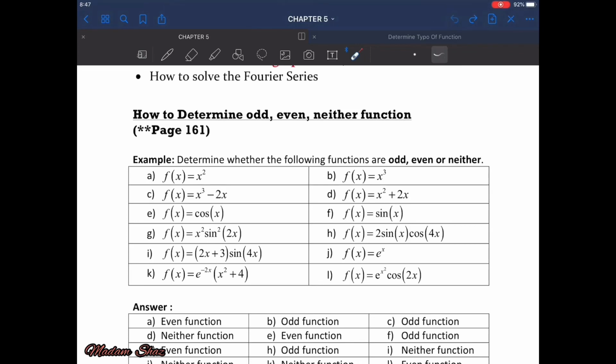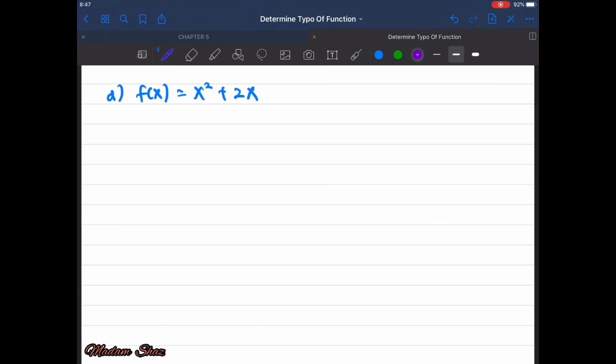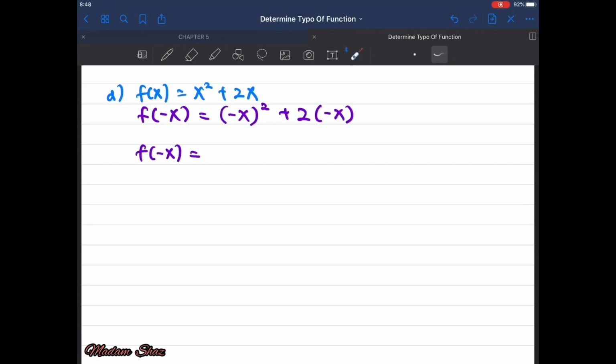For next example, example D, f(x) is equal to x squared plus 2x. The first step, you have to substitute x become negative x. So f(-x) is equal to x the power of 2, (-x) in the bracket the power of 2 plus 2 multiply negative x. And then we need to simplify. f(-x) is equal to negative the power of 2 will become positive x square. Positive 2 multiply with the negative x, positive with the negative will become